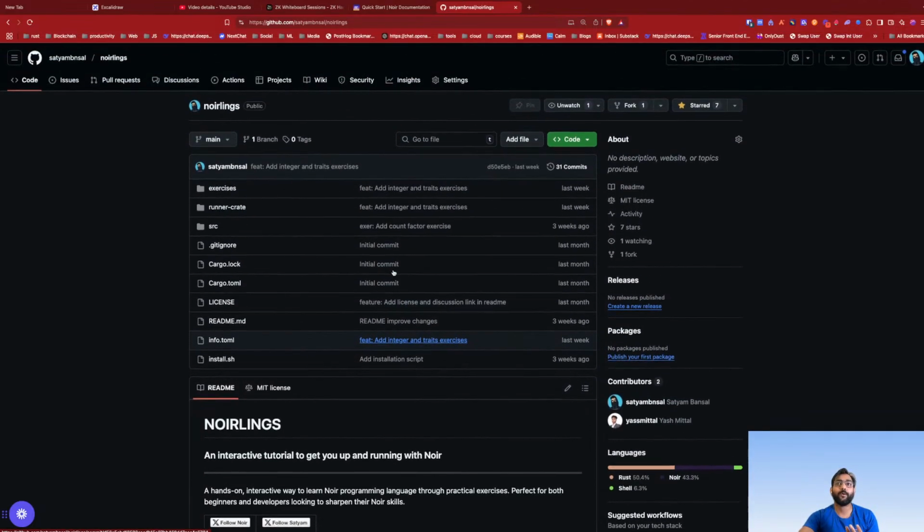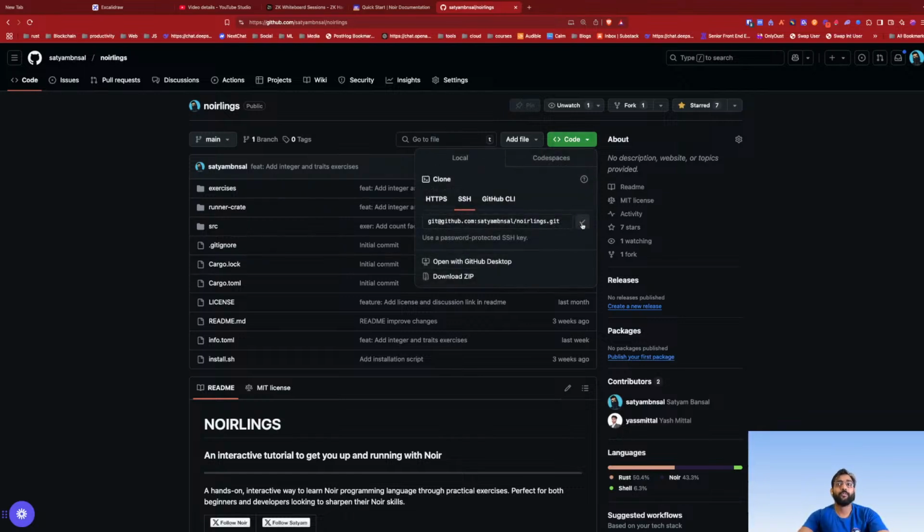You get to know all the bits and pieces of Noir, and you get more confidence, because these exercises have some code written, some code marked as to do, and there are hints and all that stuff. So we can do it together and get more understanding of this.